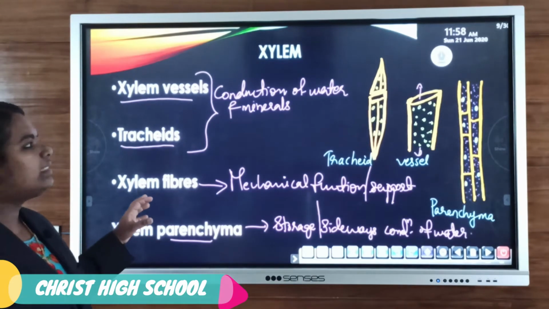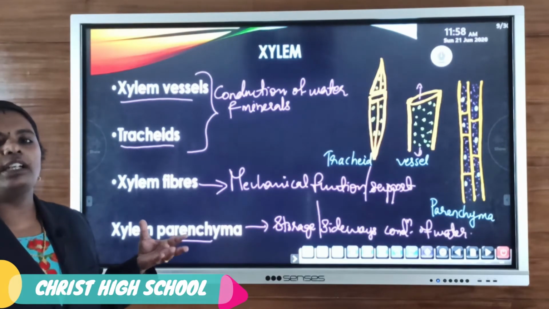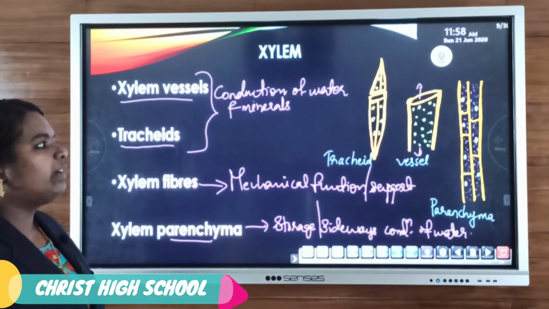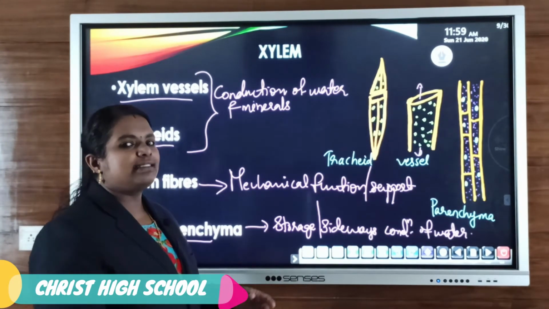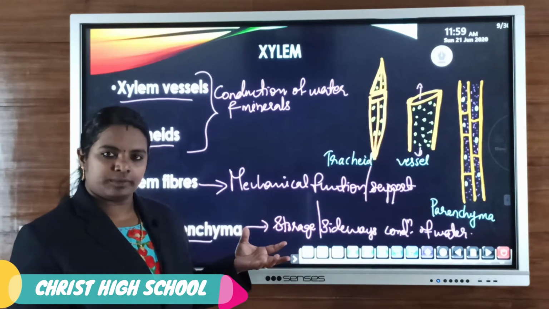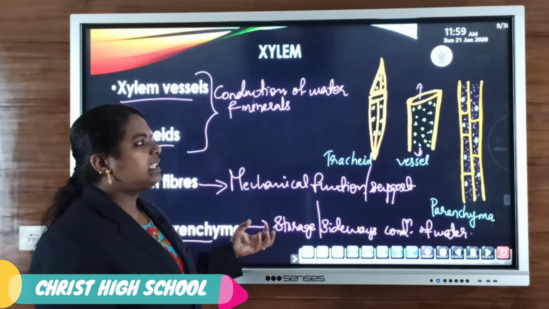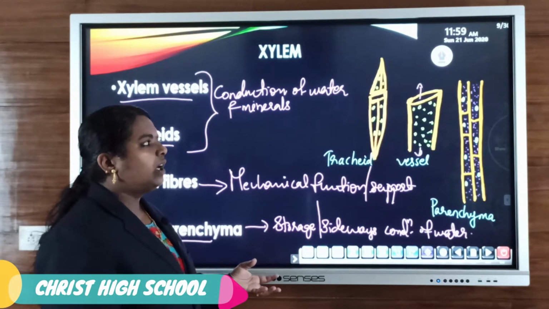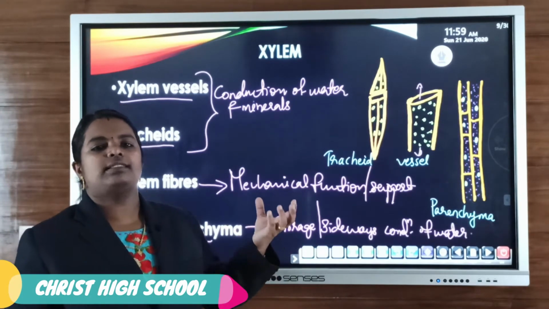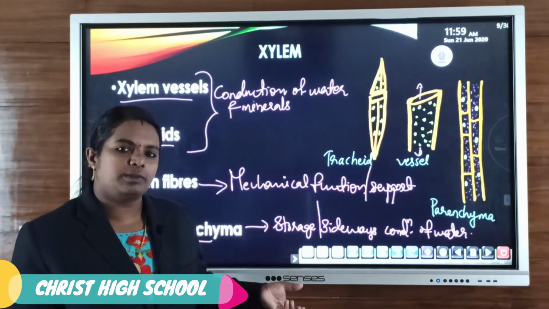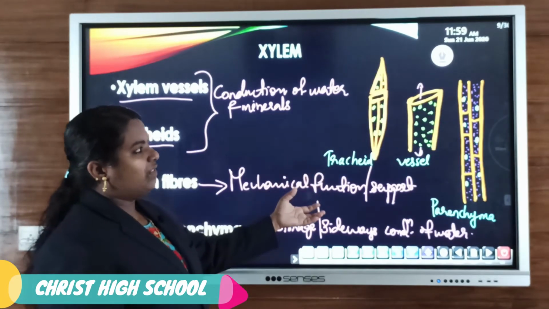Clear? Then how does this transportation take place? During the process of transpiration, loss of water from the plant body takes place, and due to the loss of water, a vacuum or empty space is created inside the plant body. Then a suction force, the transpirational pull, is created, and to fill that vacuum space, the xylem vessel, which forms a